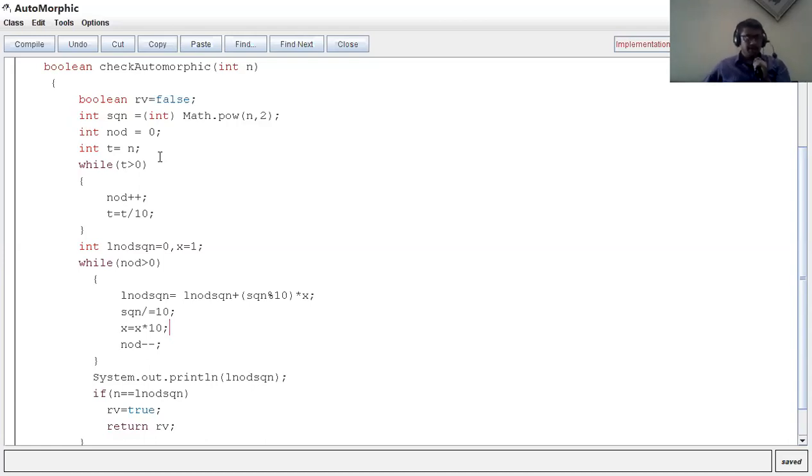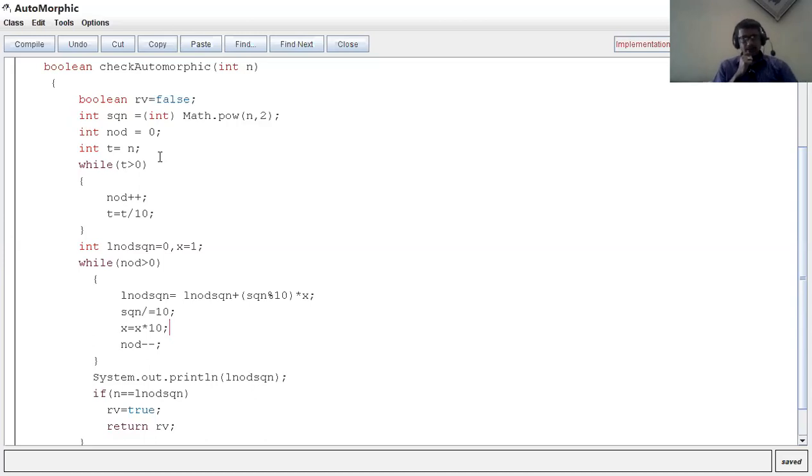So what I did is I created a variable which is 0, and I have written another variable named x, which is 1. How to find this number? Very simple. If NOD, the number of digits, is greater than 0, then only it will move, and that many digits it will take out from the square number. When it takes out from the square number, the sequence needs to be exactly the same.